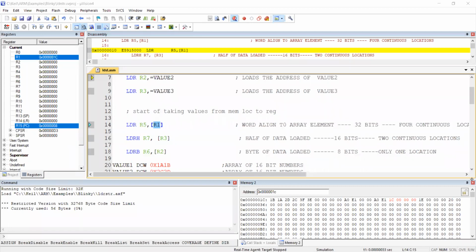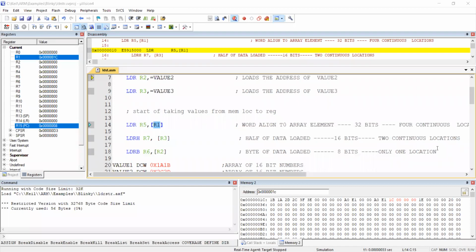If you take 1B, how many bits will I get? 1 means 0001, B means 1011. How many bits will I get if I take from one location, called 1C?